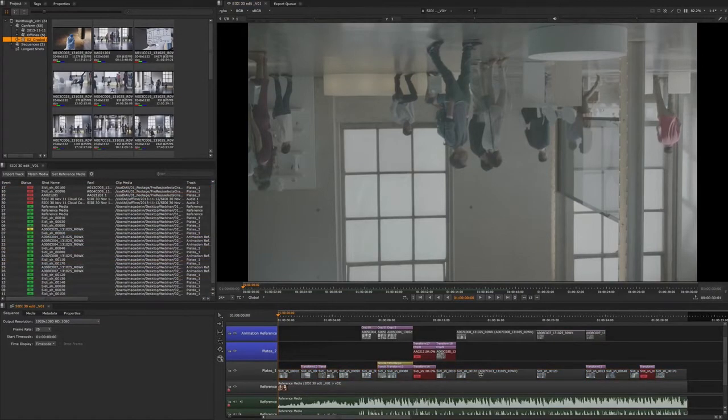Again, the important bit is the name of the actual file hasn't been changed. This is all metadata, and so when I reconform this with my graded footage, then it's gonna be quite easily done. So now